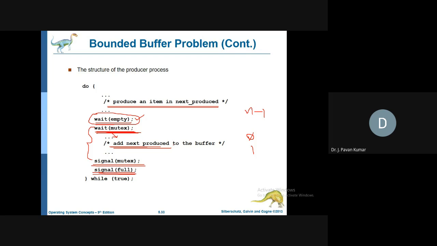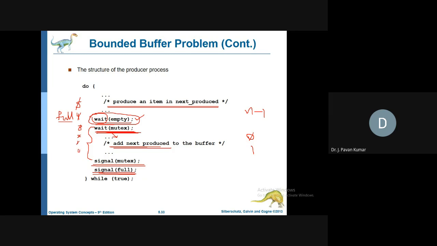Like this is the producer procedure. Similar to that, can we guess what the consumer process is? In order to consume one item, he has to decrement how many full slots are there. He has to update this. Suppose 5 are there, after consuming one item it has to decrement by 1, so it will become 4. That means he has to call wait on full, so the full value will be decremented. Suppose 4 is there, it will become 3. Suppose 3 is there, it will become 2, then 1.